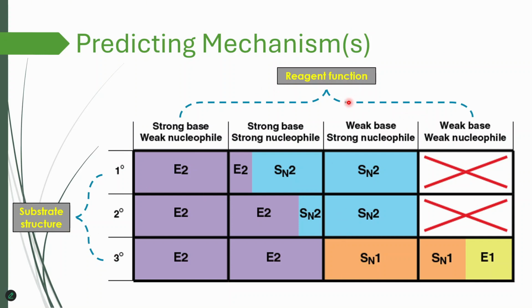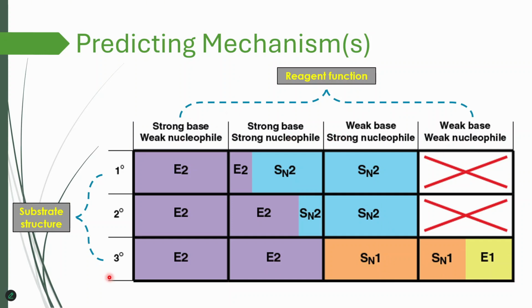So we have 4 reagent categories: those that exclusively function as base, those that can function as nucleophile and only nucleophile, and just weak nucleophile and weak base. And the reaction mechanisms to consider are SN1, E1, SN2, and E2. This whole chart is based on steric hindrance of substrate. So tertiary substrates are more sterically hindered than primary counterparts, stability of carbocation for unimolecular reactions, and reactivity of nucleophile